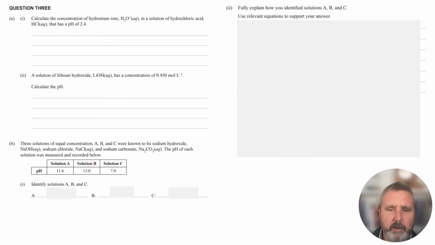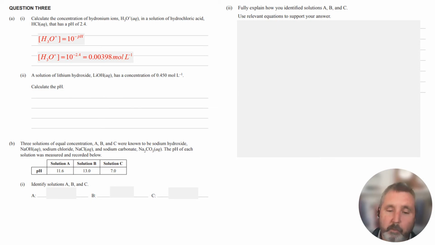So we've done equilibrium, we've done some reaction rates. We're going to expect now that we're going to answer some calculations on acids and bases. So this is a quite straightforward question, and as in the first one, it's saying we have a pH of 2.4. Can you calculate the hydronium ion, or the H3O+ ion, concentration in hydrochloric acid? So we go and find from our resource sheet that this is the equation we need. H3O+ equals 10 to the negative pH, or on your calculator it's just the shift log button, then we press minus and then we put 2.4 and we get this answer,